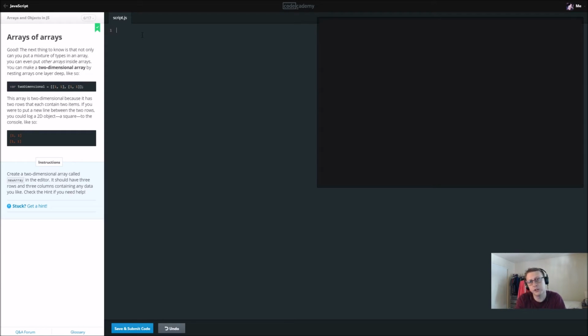The way you want to look at two-dimensional arrays is as rows and columns, I guess is the best way to think of it. So they're basically an array of arrays. You should have 3 rows and 3 columns containing any data you like. So we're going to say var new array, and just to make this simple, because it does get confusing,